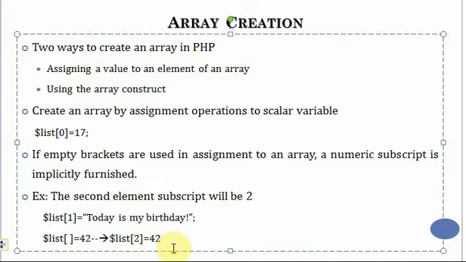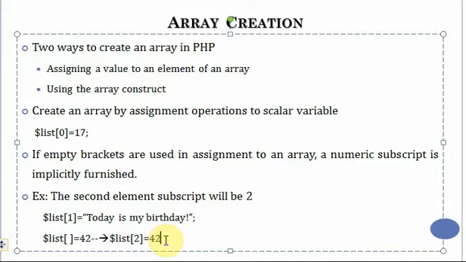One more thing you can see here. We said that list is an array, right? You can see here, list of 0 is containing an integer value, list of 1 is consisting of a string, and list of 2 again an integer. So far in other languages, what did you learn? An array is nothing but a collection of the same data type. Whereas in this case, it can be an integer or it can be a string. So elements of an array do not need to have the same type. That is one thing you have to remember in PHP.